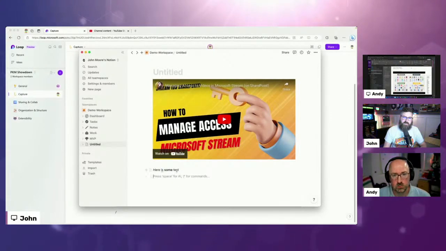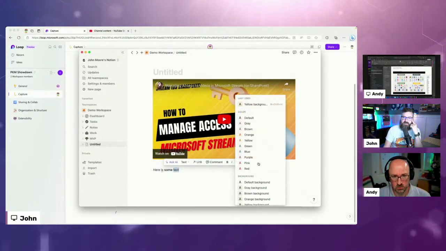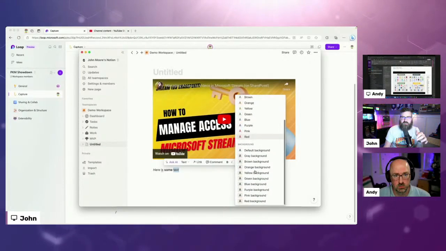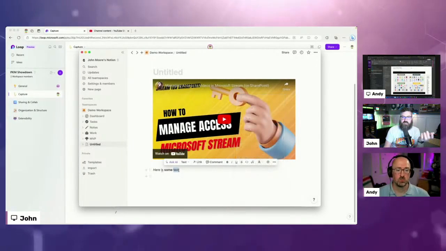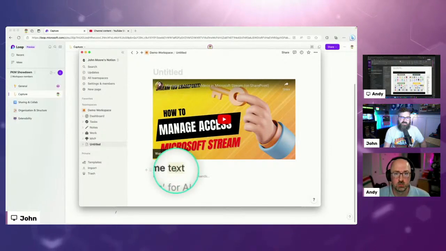But where I get a little bit of walled gardenness is when I get into the formatting to try to make things stand out. I have these standard colors and backgrounds, right? So if I want to highlight something and make it a yellow background, I can do that. But as you can see, it's a pastel type of thing.